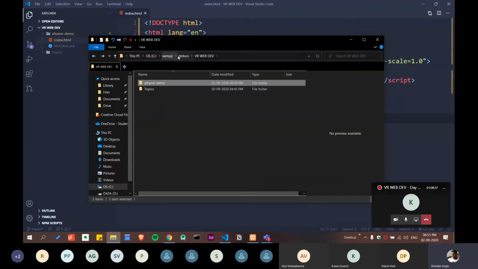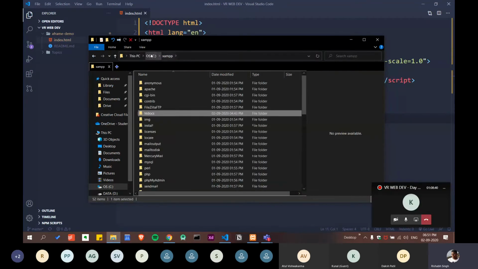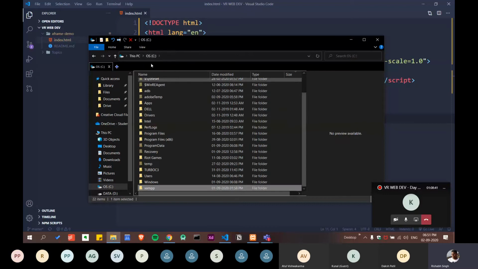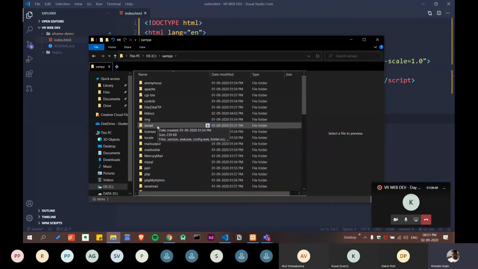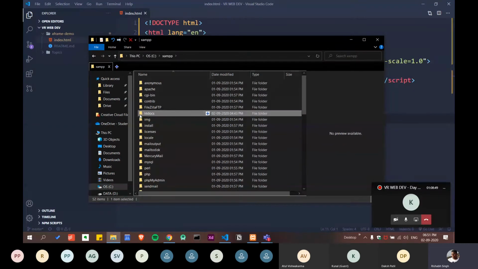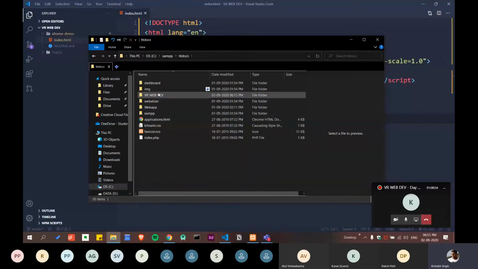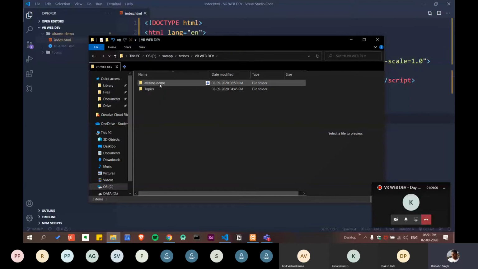We are in that XAMPP folder, which is in your C drive, and it is probably the last folder, XAMPP. Open it, go to htdocs, remember the name of this folder, and here you should create a folder. Let me open this, and here is the folder I have created, this is my GitHub folder.